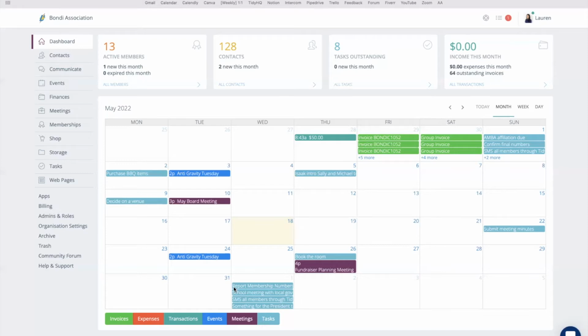So this is good if, so it's a one-way integration that allows us to sync any transactions that have been done in Tidy and push that over to Xero. So if you have any paid events, for instance, or paid memberships, you can sync those transactions over into your Xero account. Okay, that could be useful because